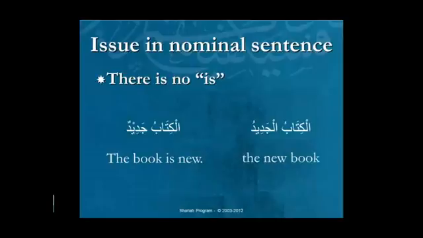Now there's a minimum and there's a maximum. If you're dealing with only 2 words, then the division is pretty easy because you just drop the "is" in between. Like the sentence on the left side, al-kitabu jadid, and that's a full sentence. And necessarily al-kitab would be the subject and jadid would be the predicate. So the lack of "is" sort of makes sense because there's no other option. When it becomes larger, then this becomes a real issue that needs to be addressed.